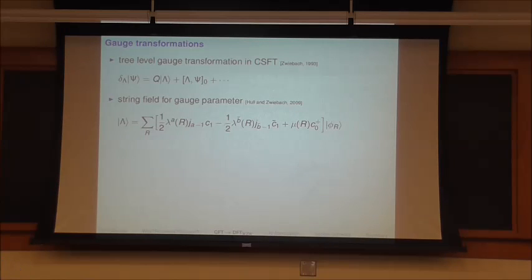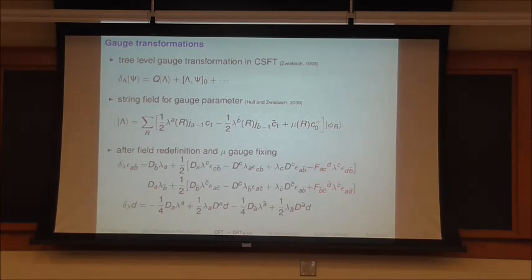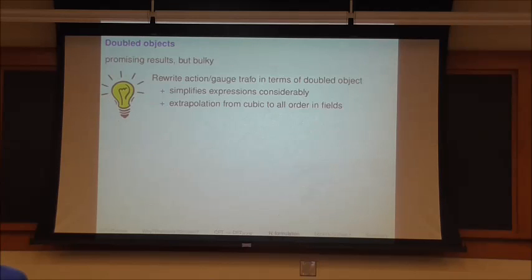And we can also write down gauge transformations. We can use again closed string field theory. We write down a string field for the gauge parameter, again a sum over all the different representations. We do a lot of calculations, and at the end of the day we get these bulky gauge transformations here, again with these structure coefficient dependent terms. So we have seen that going from the torus to the group manifold, we get new results for every essential ingredient of double field theory: for the action, for the gauge transformation, and for the strong constraint. Yes. How is this approach different if you were to take the original, I guess the 93